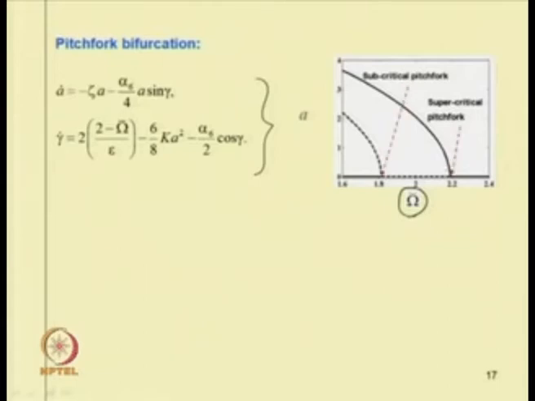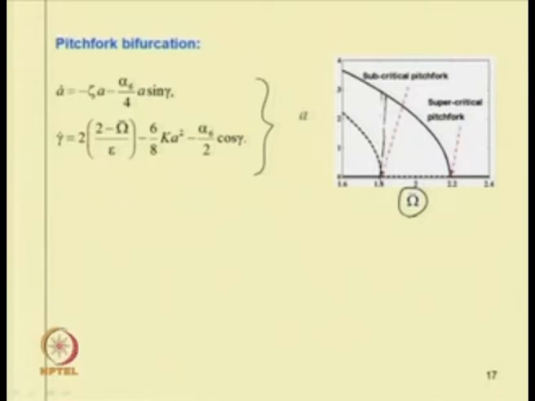So, due to the presence of this stable non-trivial and stable trivial branch, this bifurcation point is the supercritical pitchfork bifurcation point. At this point, as we have a trivial unstable fixed point response, this bifurcation point is a subcritical pitchfork bifurcation. So, by increasing this omega bar from 1.6 to 1.8, the system has a bistable region,